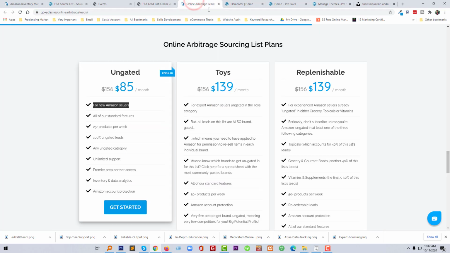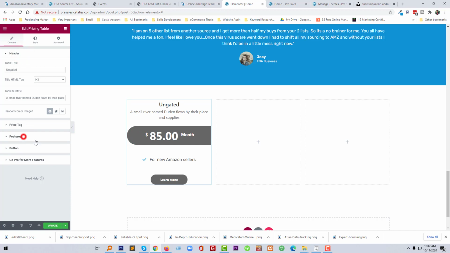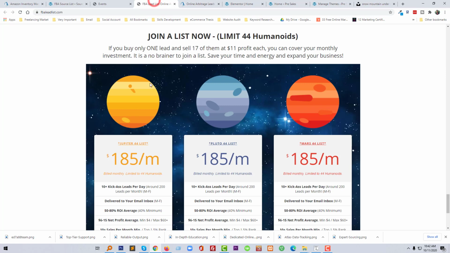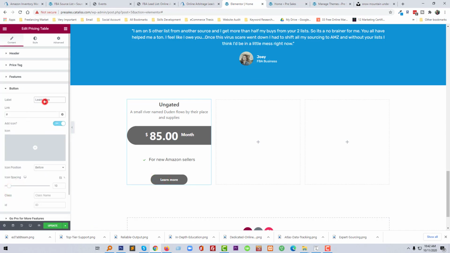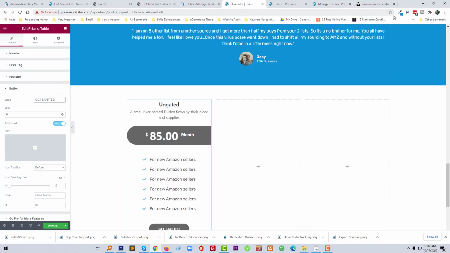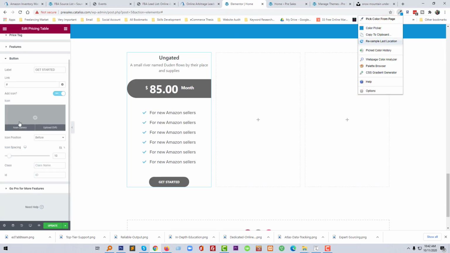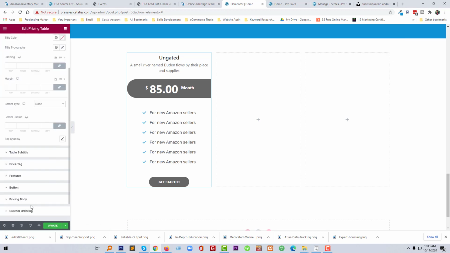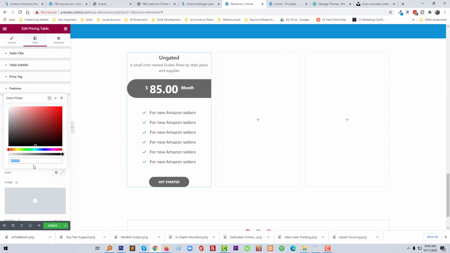Icon color, then this background, duplicate some, okay, added more picture, and here the button, get started, button color, button, no icon, so I'm going to add color of button, background color, okay,